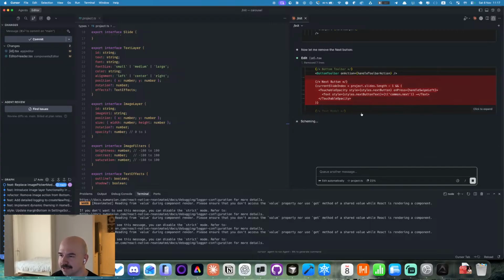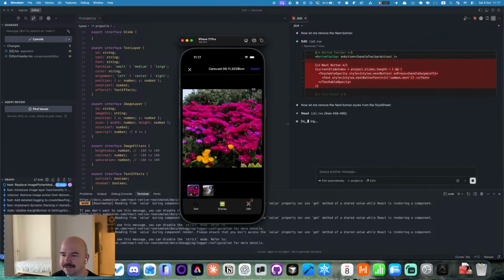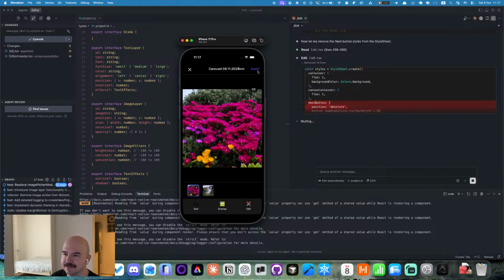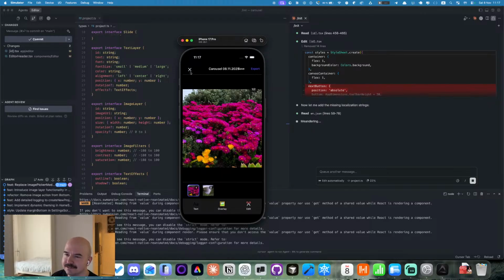So we are trying to make this better. The next button is removed. Save button added, but export is also here, so it is integrating with the save button. And this X mark should be changed to the back button, I think. And export may be moved here, I don't know, with some settings of export. Maybe future settings, not right now.